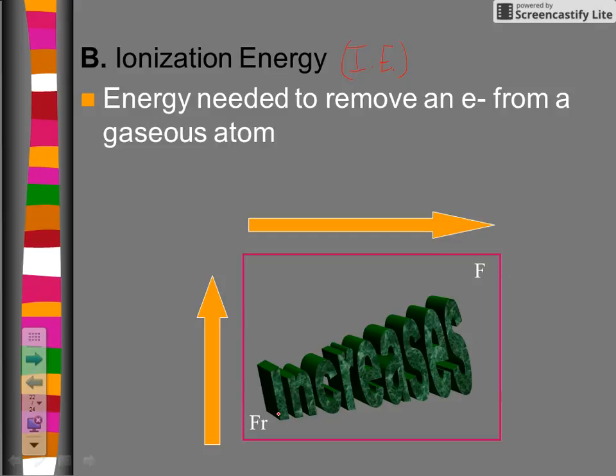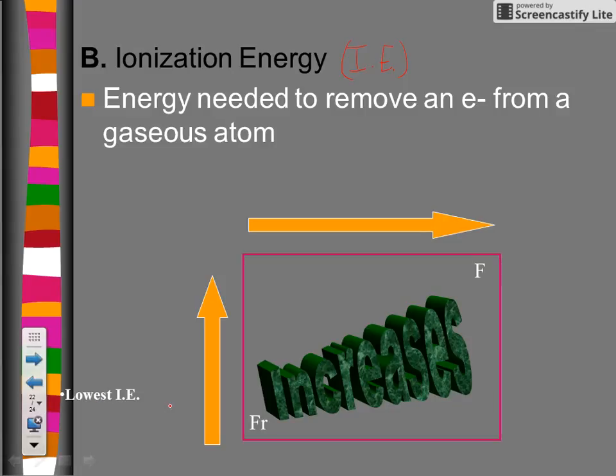It's very hard to remove an electron from fluorine. Remember, fluorine has 7 valence electrons because he's in group 7A. He only needs one more, so he's not going to easily give up any electrons. In fact, he's going to hold them very tightly. Francium, however, wants to lose his 1 valence electron that he has, so he will be very easy to take an electron off of. So as you go up, it increases, and as you go across, the ionization energy also